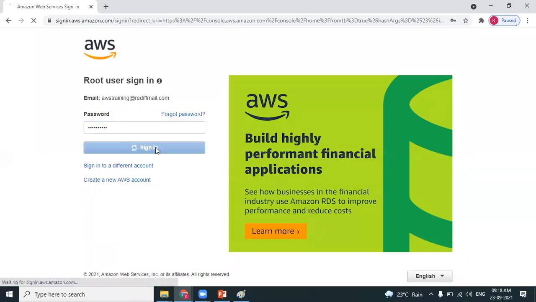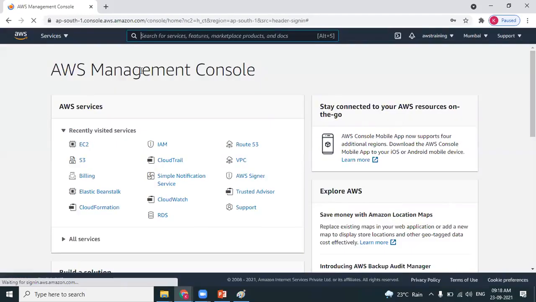Logging in. I logged in as root user. Every day we are logging in as root user.